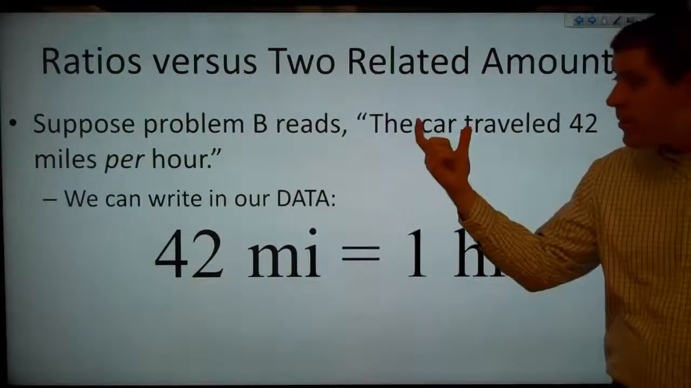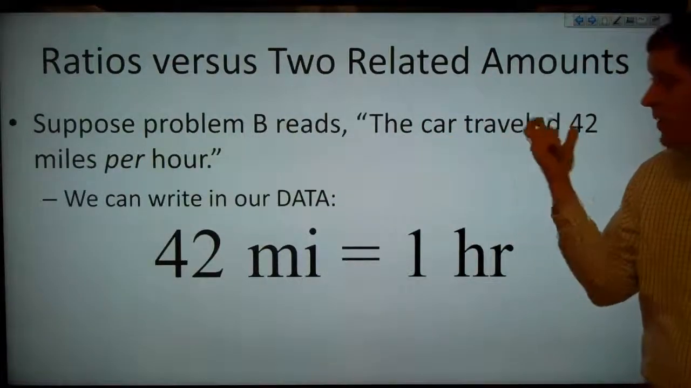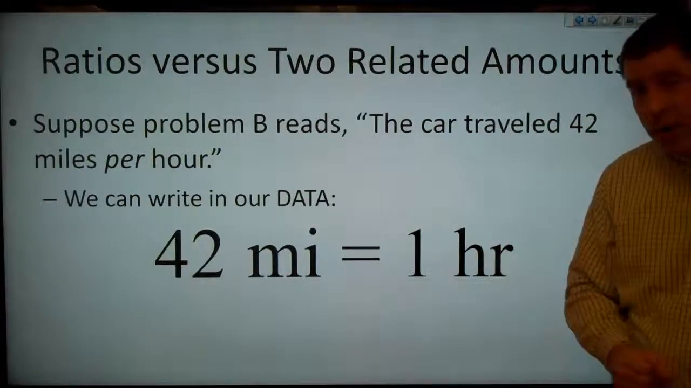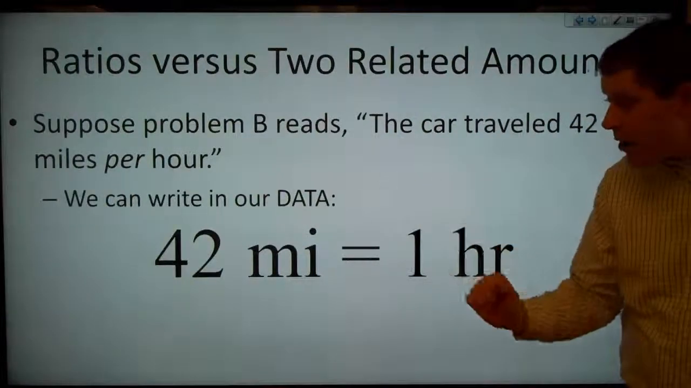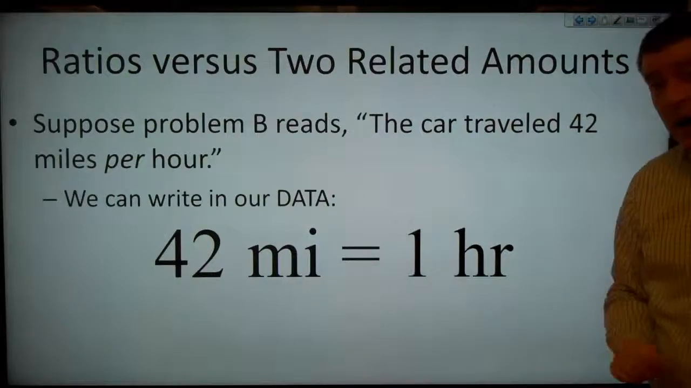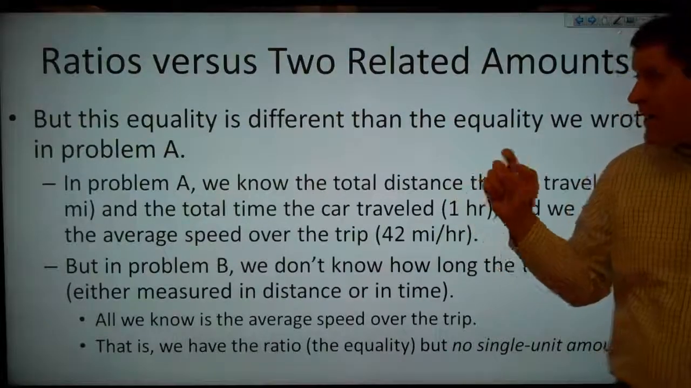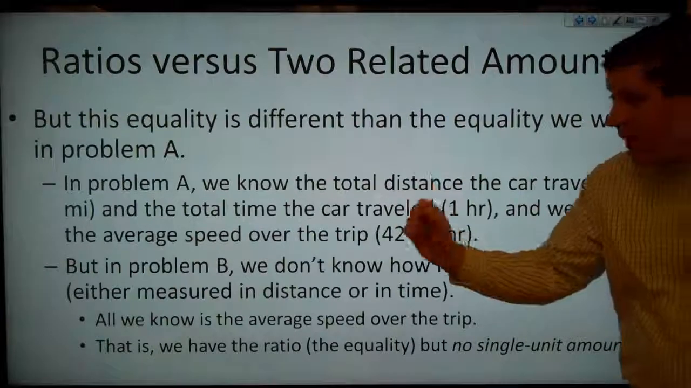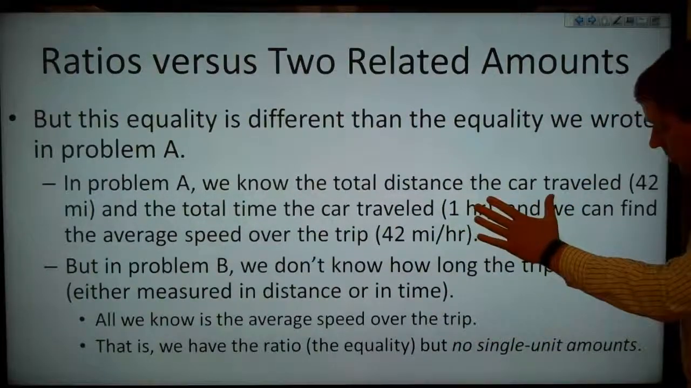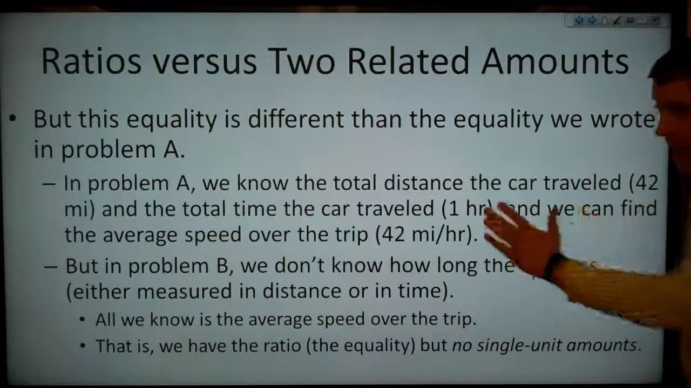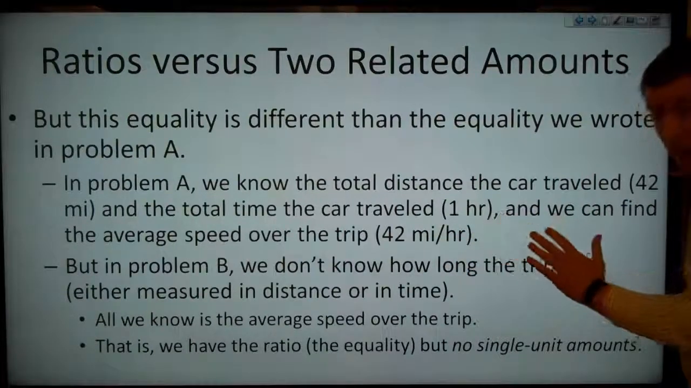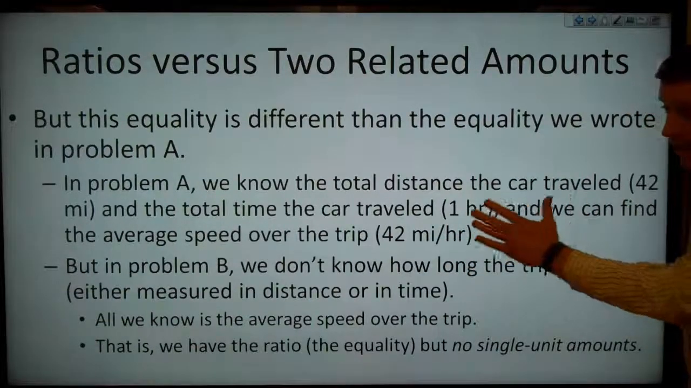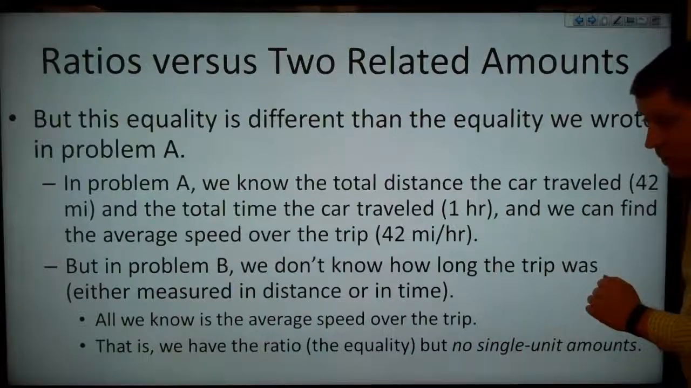So suppose the problem B reads, the car traveled 42 miles per hour. We can write in our data 42 miles equals 1 hour, but this equality is different than the equality that we had from problem A. In problem A, we know the total distance the car traveled, 42 miles, and the total time the car traveled, 1 hour, and we can find the average speed over the trip, 42